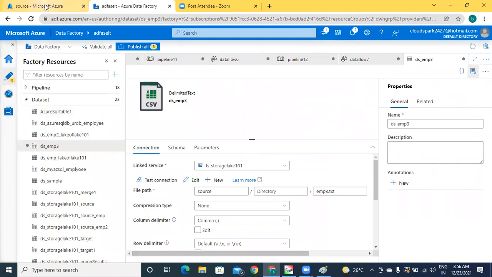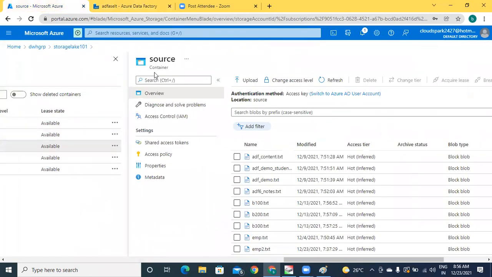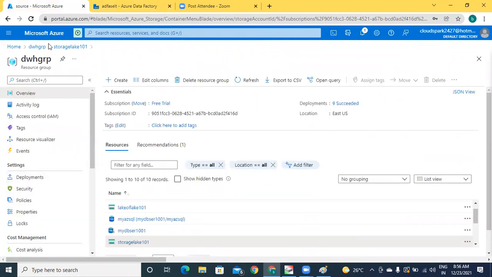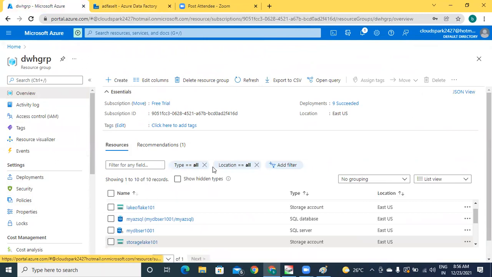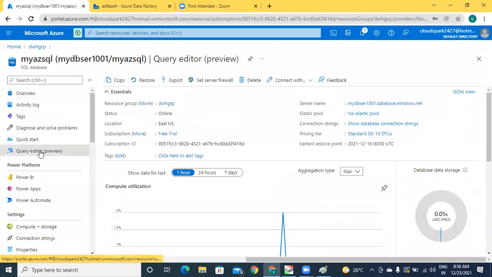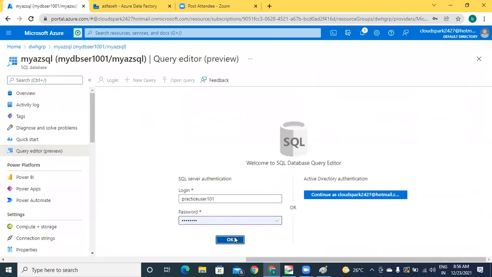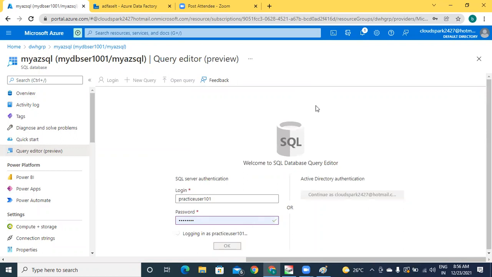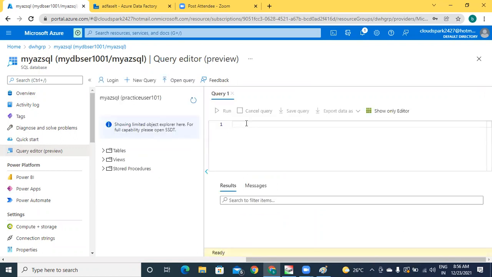Come to the SQL first, just to truncate our table. I'm coming to the database. Select star from employee.